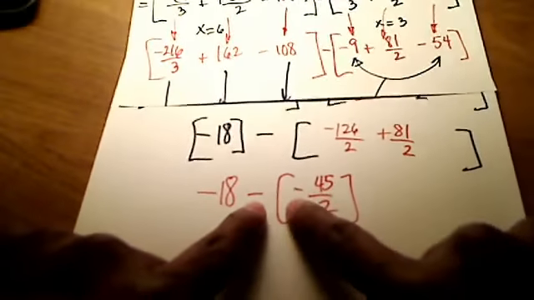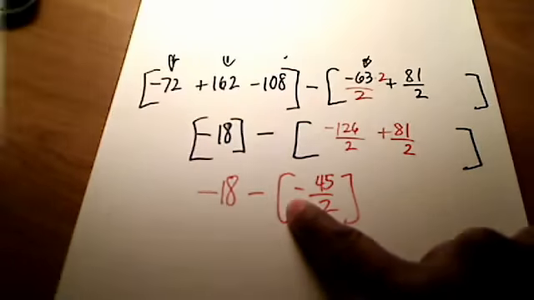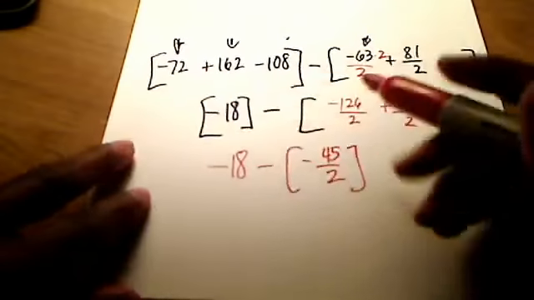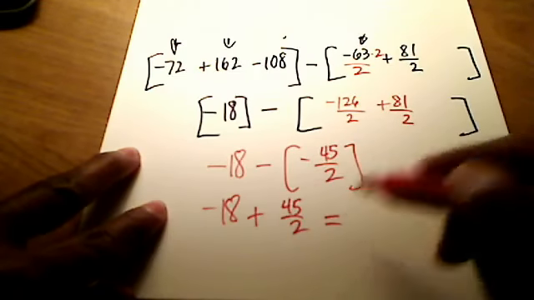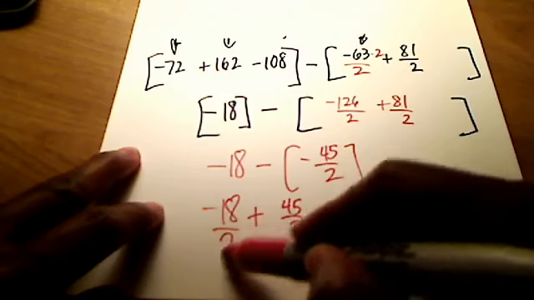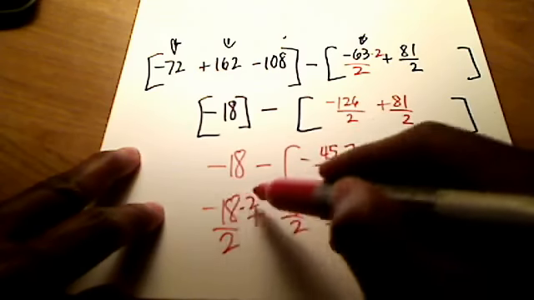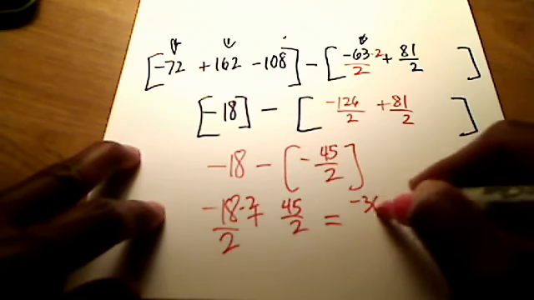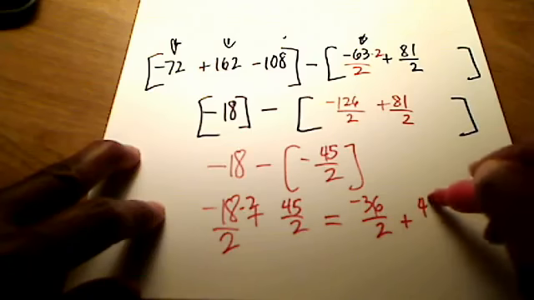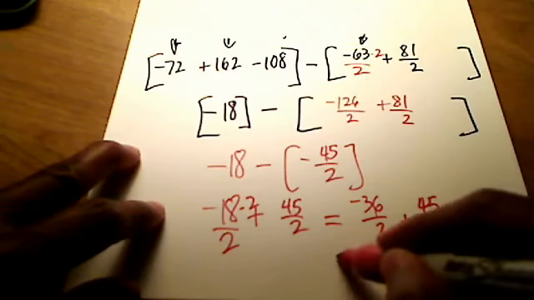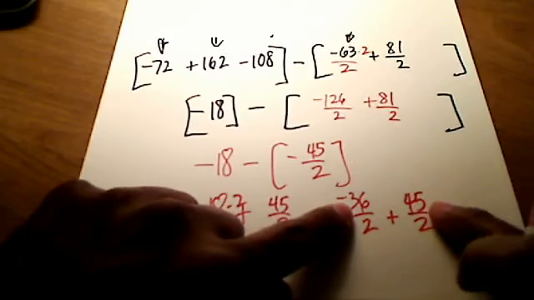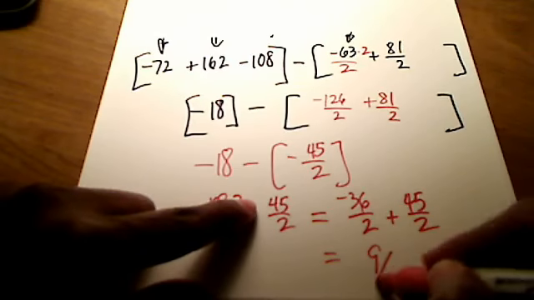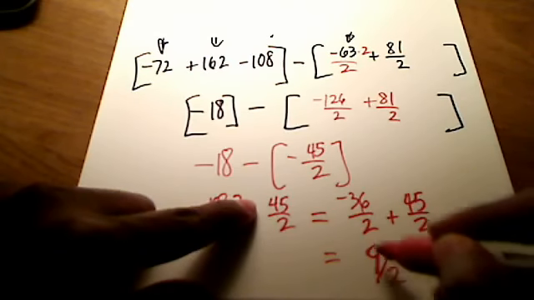Well, minus a negative is really the same thing as plus. Here, we can get rid of this. Right, it's really the same thing as plus. So I have negative 18 plus 45 over 2. And if you work that out, you see, look, I need a common denominator of 2. Let's multiply the top by 2. That becomes a 36. So I've got negative 36 over 2 plus 45 over 2. And my new numerator is just simply a 9, right? Negative 36 added to 45 is 9. So my final answer out of all of this is